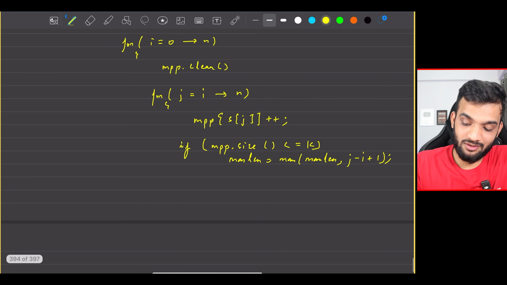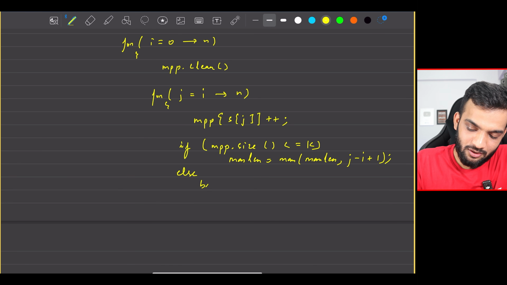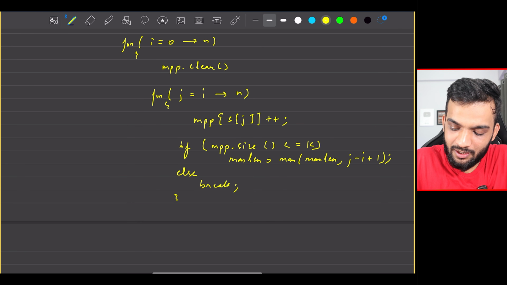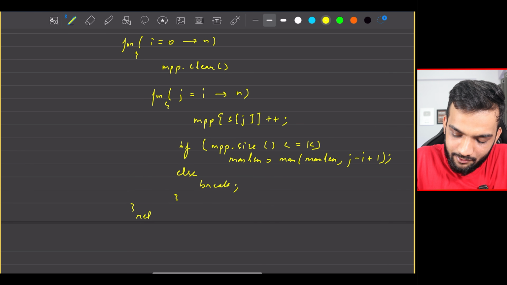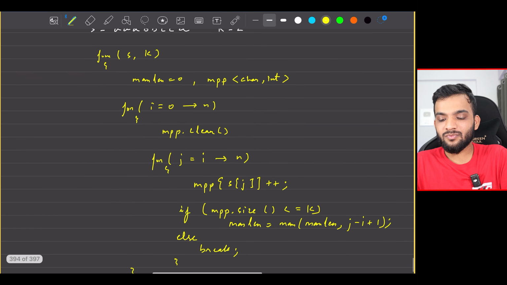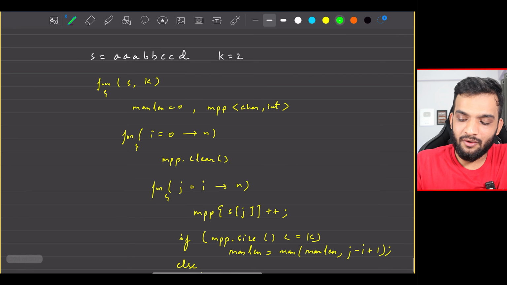But if it doesn't exceed, you can stop attaching because you don't have k, you have more than k. There's no point in attaching the elements from the right. You can straight away break, the for loop can end, and you can return your max length and the function ends. This will be your pseudocode, and if I discuss the